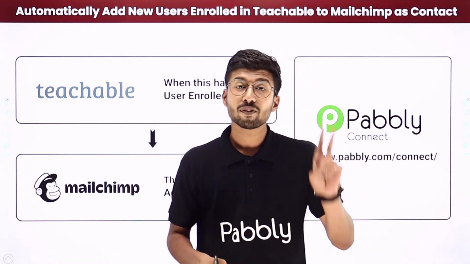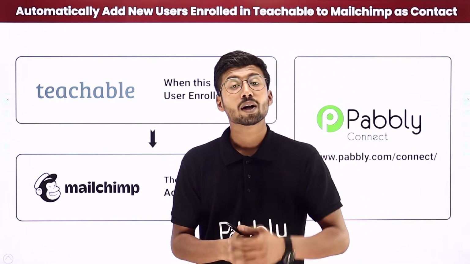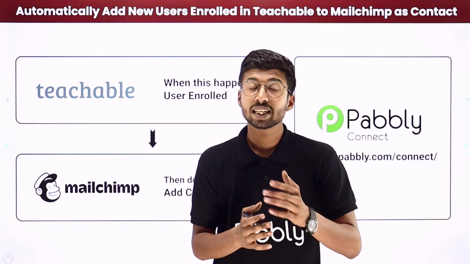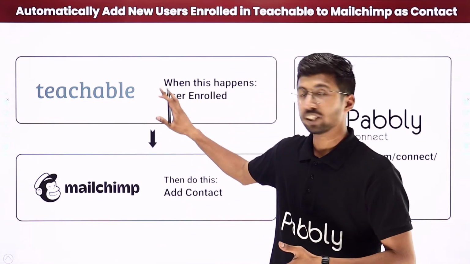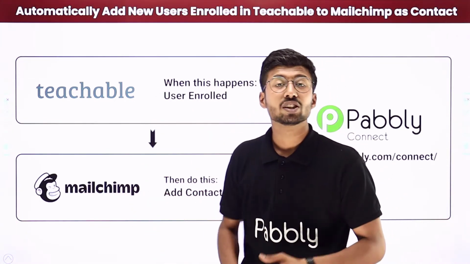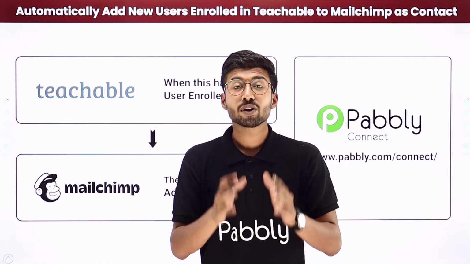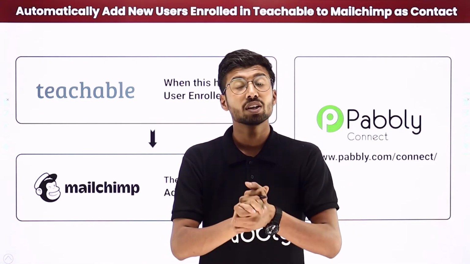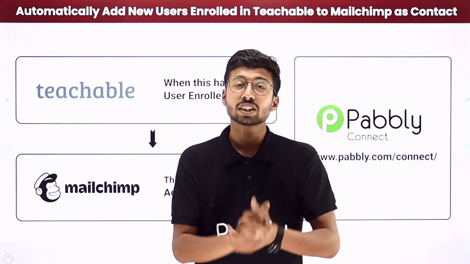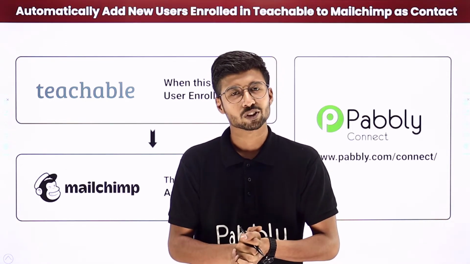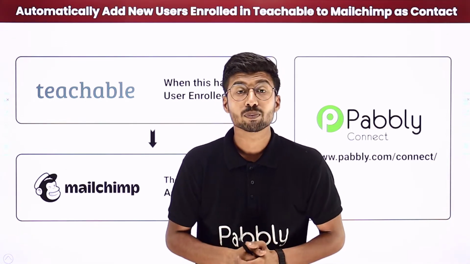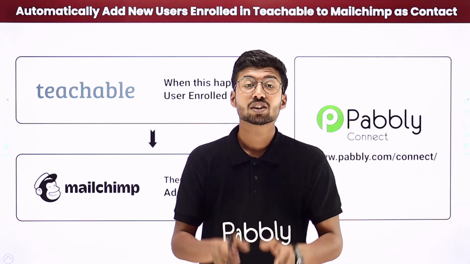Now to do so, you have two different methods. First one is manual method by which you will manually collect the details of the person from Teachable and add that person in your Mailchimp contact list. But if you are receiving hundreds of enrollment on a daily basis, this manual process can be very much repetitive and time consuming. So to avoid this problem, I came up with a second method, which is to use an